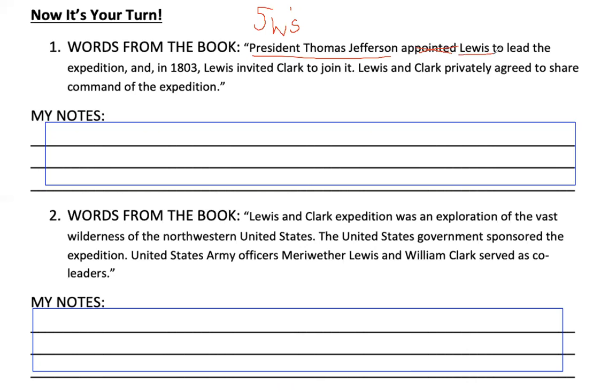I know that Lewis is my other who, and Clark is my other who. So I have President Thomas Jefferson, Lewis, and Clark. That's my who. My what. What are they doing? Well, they're leading an expedition. Great. That's all I need to know. Where are they going? Not sure. Not in my notes. No worries. What are they doing in the second part? They privately agreed to command the expedition. So they agreed to go together, basically.